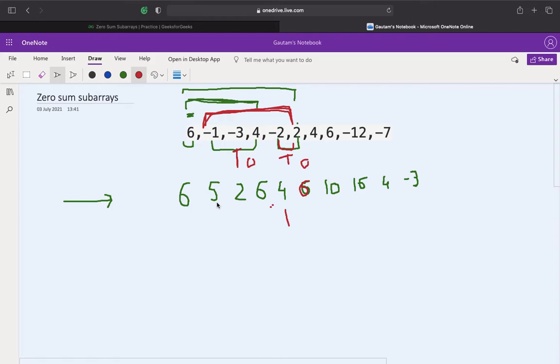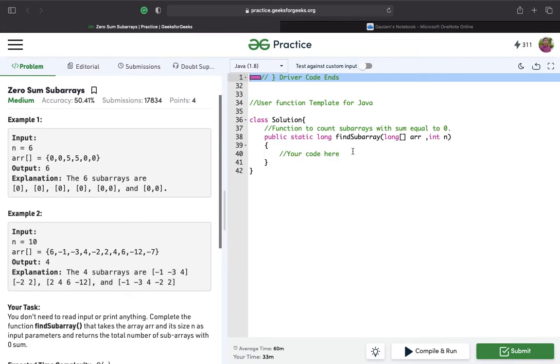So now let's try to code this problem. We'll be using a map to find the total; we'll use the map to get the values of prefix sum. I'll explain it to you while coding it. Let's start with the code. First of all, I'll be coding in Java here. So let's create a map first of all.